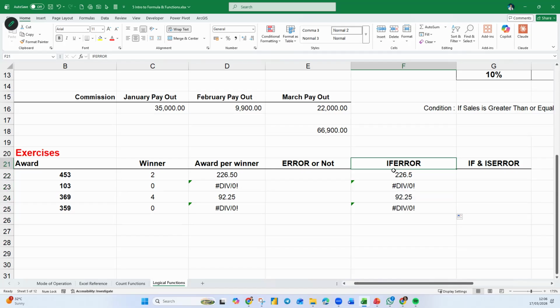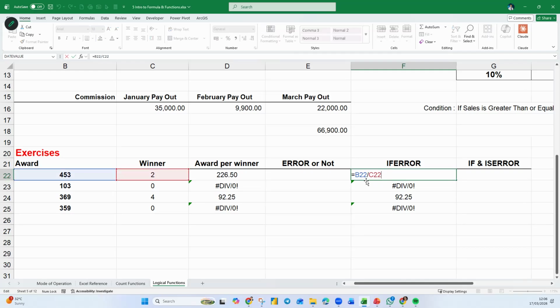Therefore, I'm going to introduce a function called IFERROR for you to see. Now, this is already a good formula, but it will produce an error. So what you do is put IFERROR in front. You are telling the machine, if this calculation produces an error, then what is the meaning of the error? No winner.